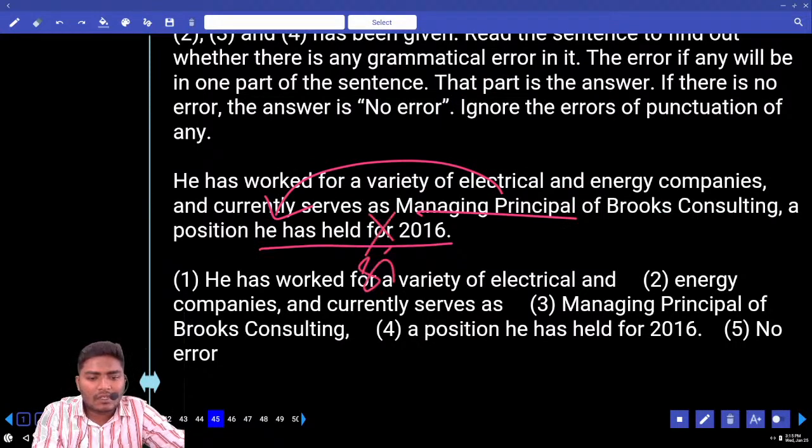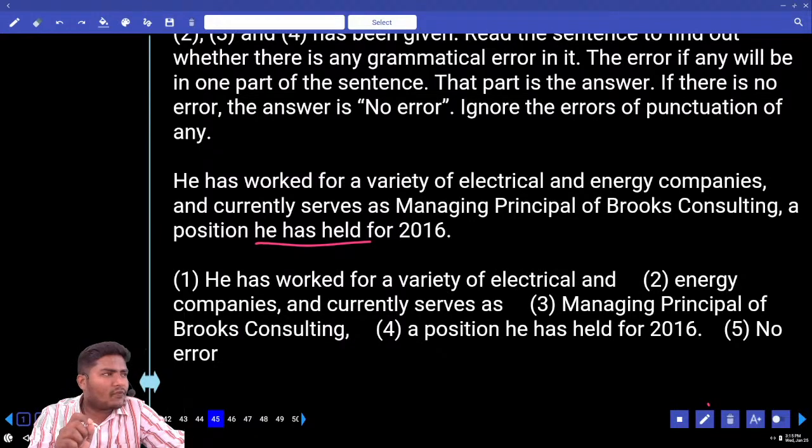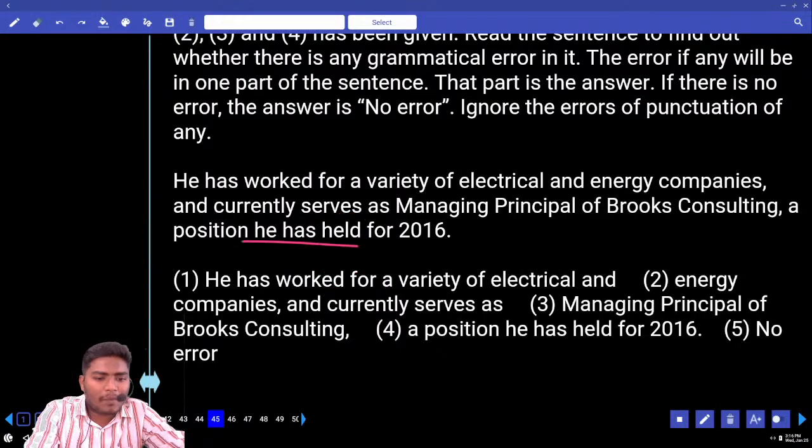Can we use "since" here or not? Yes. Why do we have to use "since" here? Because we are referring to a point of time. Then we have one more rule which we can use immediately. Technically, whenever we refer to "since" and "for", in most cases we take only the present perfect continuous tense. That's the rule we have learned. But remember, in this case, "held" cannot be changed into "-ing". That is wrong. So we can change only "for" into "since" in the remaining part. So the answer comes with the fourth part.